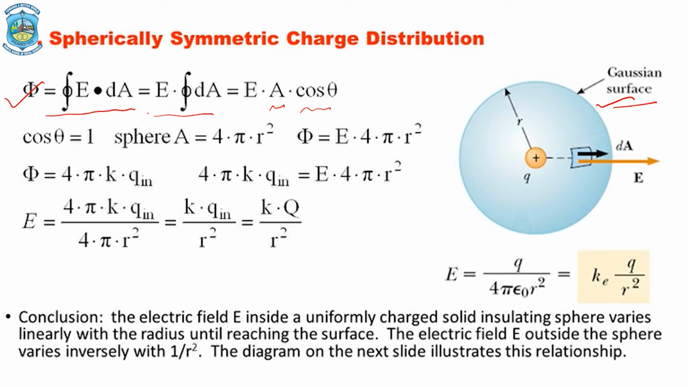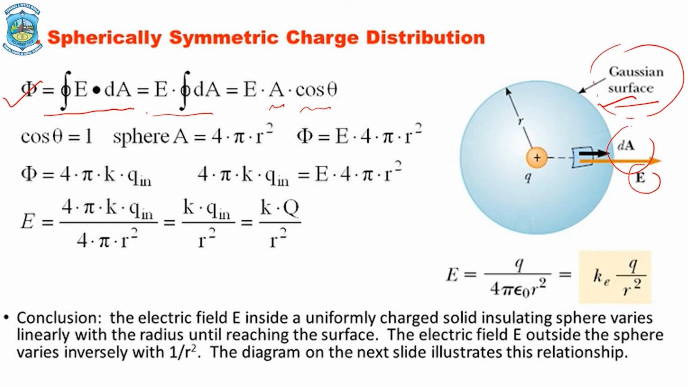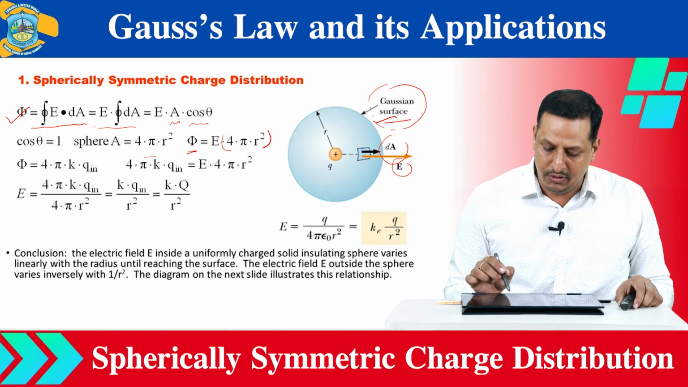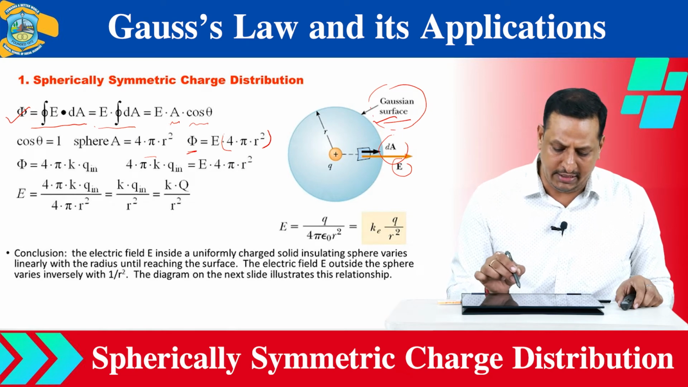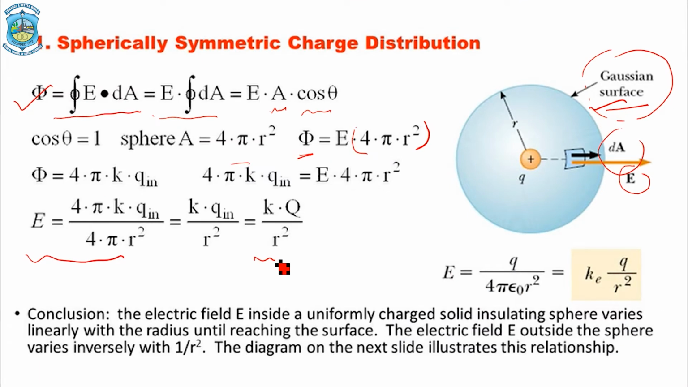So the angle between the electric field and the area vector is 0 degrees, and cos 0 equals 1. The Gaussian surface is spherical in shape, so it has surface area 4 pi r squared. In this way we can calculate the electric flux, which comes out to be the electric field times the surface area of that sphere. Now by using Gauss's theorem, ultimately we can find the electric field produced